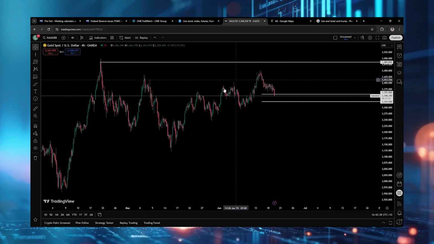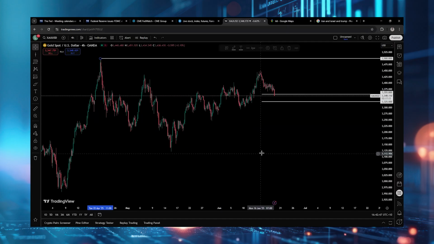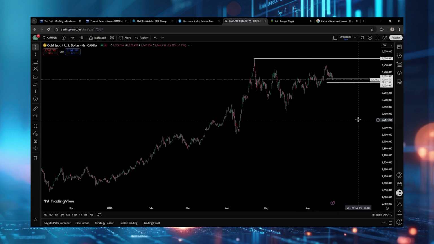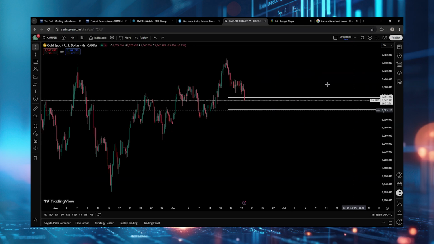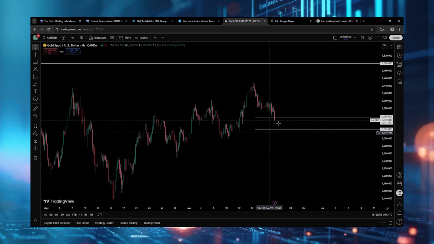Okay, so what I'm looking for is a break above the 3,500. That is the all-time highs, pretty much 3,500. Must be like 3,500 and something, but just here it's fine, 3,500. And it looks to me a very good risk-reward setup here, because when we have that sort of pullback